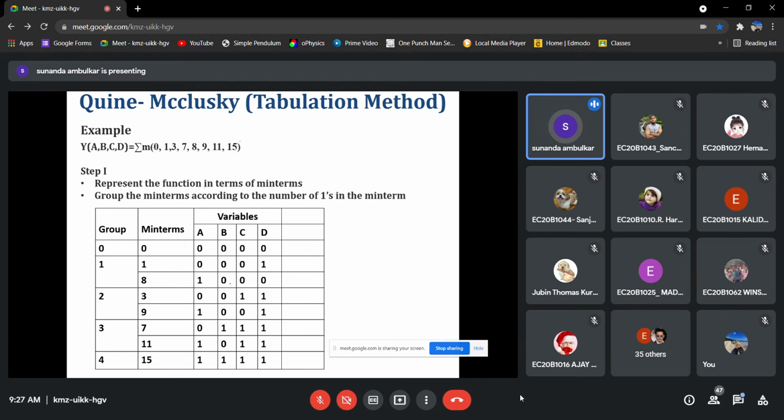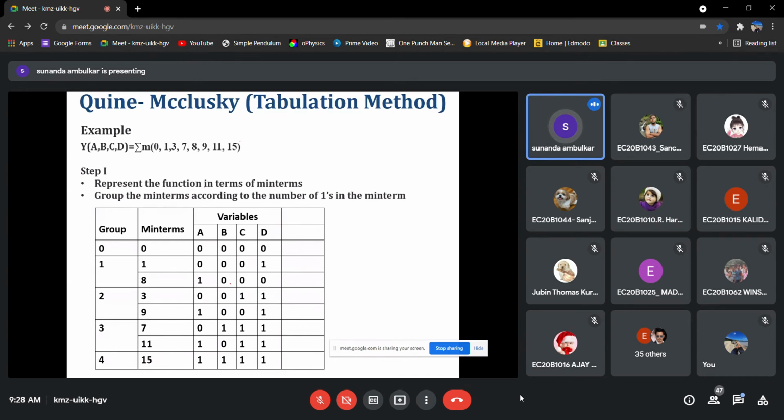We have grouped these min terms in terms of the number of ones. Okay, it is clear now. This is the first step: find out the min terms which represent this function, then group them according to the number of ones.